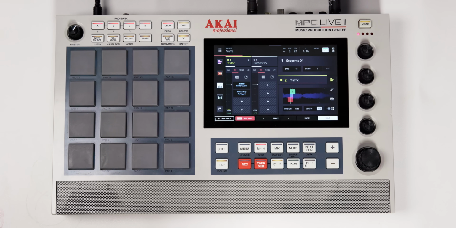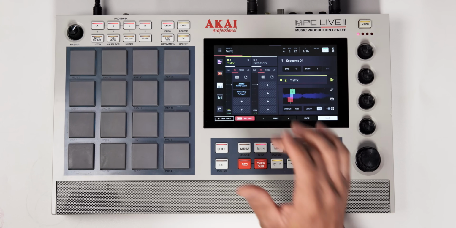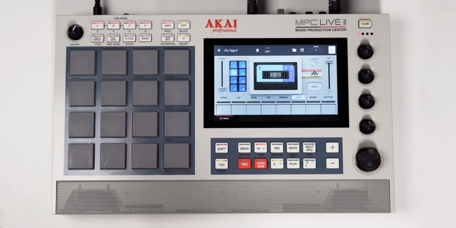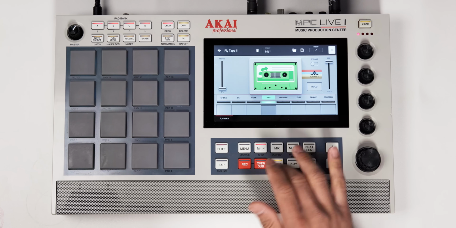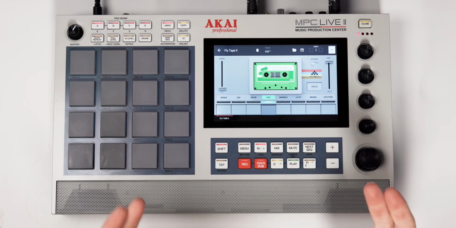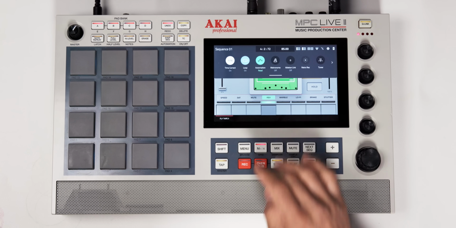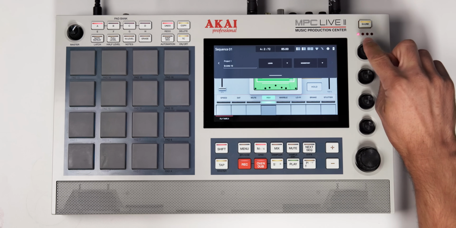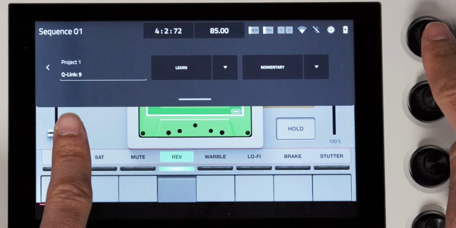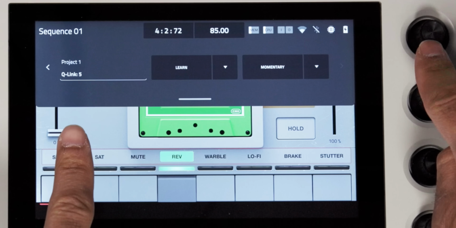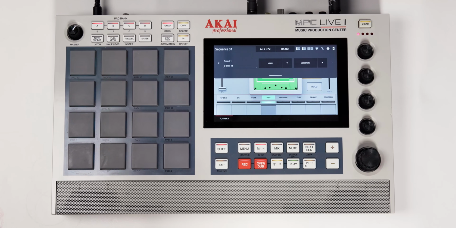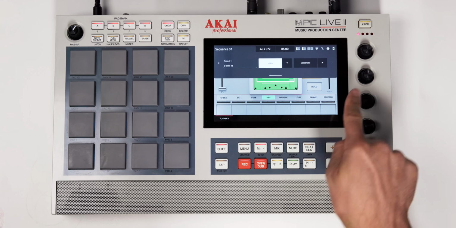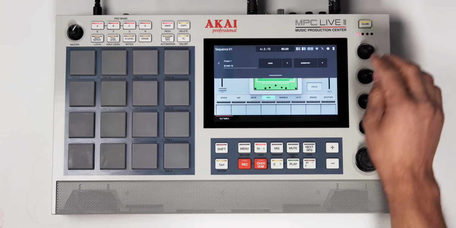Now, in order for me to program something really fast, I just have to open up FlyTape, whatever it is that I want to customize to those Q links. Say I want to use this reverse. So whenever I turn on one of these knobs, I can just reverse the effect. Easy. Just pull this down, bank over, and make sure you're on the Q link you want to customize. If I touch any of these Q links, see how this number switches corresponding to what Q link you're currently on. I'm gonna go to my first Q link, hit learn, hit this reverse button. It learned that onto that Q link. Make sure you turn that off. And now if I hit play,